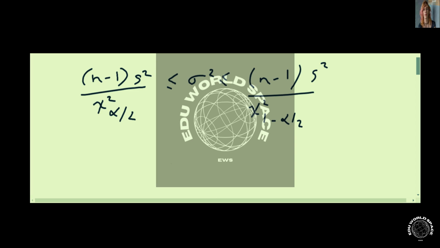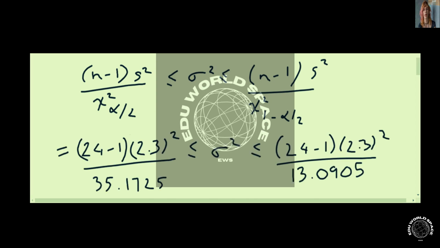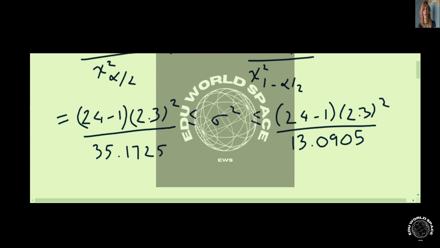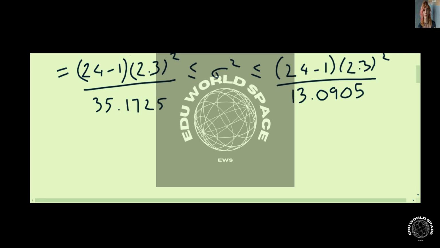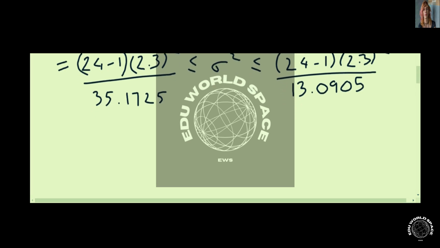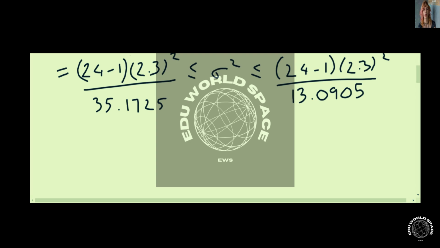Now we can move on to finding the confidence interval for the population variance. To do that, we use this formula. Substituting the values we have, we get this right here. Now, if you simplify the expression we have here to get the confidence interval for the variance, you'll see that the confidence interval we get is